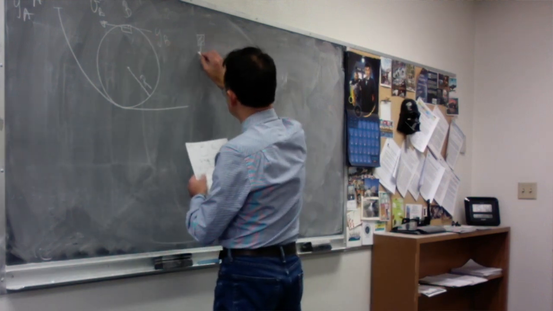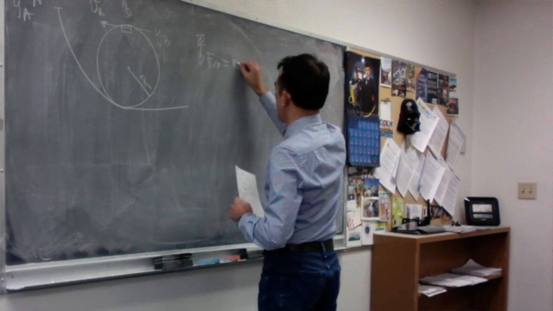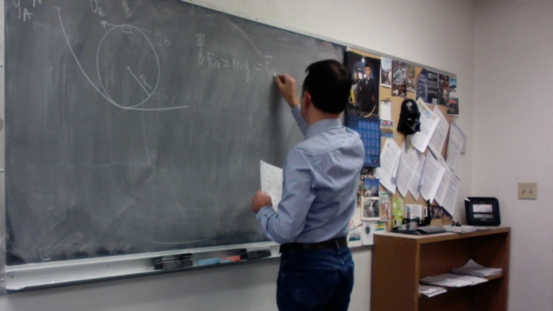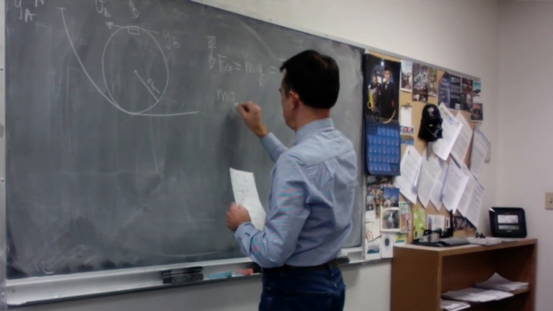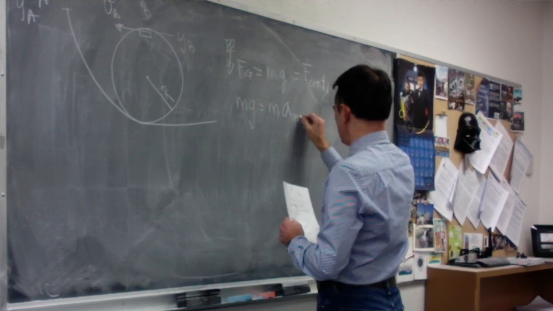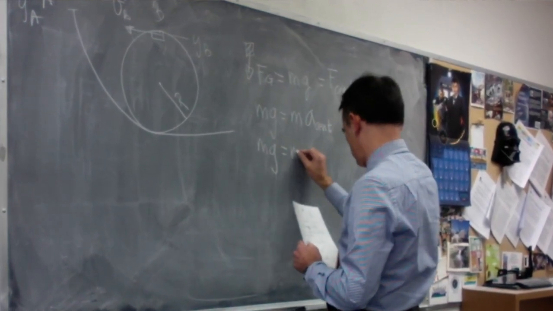But because there is going to be a centripetal acceleration at the top of the loop, we better draw the free body diagram. The only force acting is the weight due to gravity. This force pointing to the center is equal to the centripetal force. From the expression for the centripetal acceleration, we can get the speed at B.